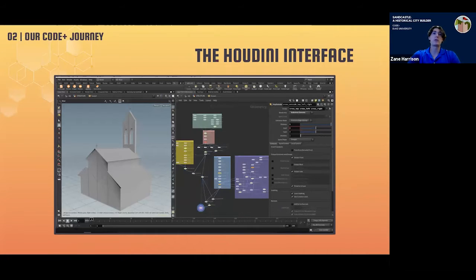Houdini is the primary software we've used throughout the past 10 weeks. It's a 3D modeling and animation software that's commonly used in the video games and special effects industries. If you've seen anything made by Disney, Pixar, or DreamWorks, you've probably seen the work of Houdini. It's a visual programming software in which nodes or packets of code are strung together to create complex models and systems. You can think of nodes as functions that perform a simple action, such as changing the shape or color